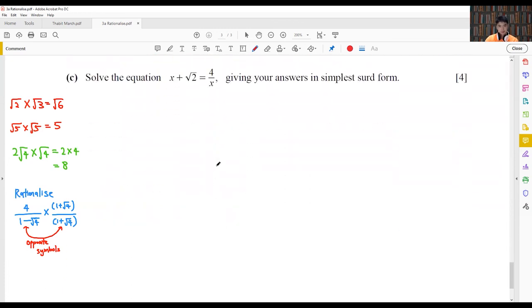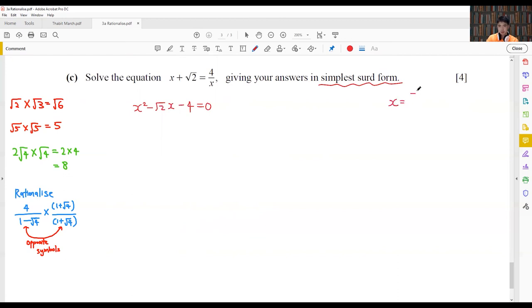All right. One last part here. Solve the equation x plus surd 2 equals to 4 over x. Basically, change it back into a quadratic equation. You would have x squared minus surd 2x equals to 4, bring over becomes minus 4 equals to 0. Okay, giving your answer in the simplest surd form, meaning to say we must use our quadratic equation where x